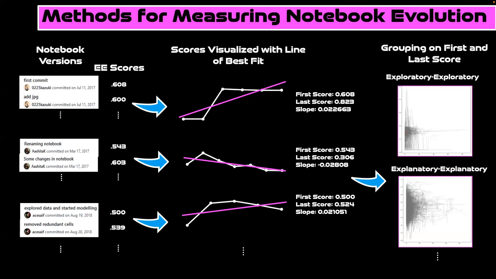For example, notebooks that started with exploratory scores and ended with explanatory scores were labeled exploratory explanatory. Then we sampled and qualitatively observed the changes that led to shifts in scores in each group. Based on this analysis, we realized that GitHub commits can capture edit behavior and that these map to authors' analysis behavior. Thus, our results support the idea that we can automatically detect a variety of analysis activity and iteration across computational notebook versions. A lot of our findings were consistent with previous work, and this further validates our methods.